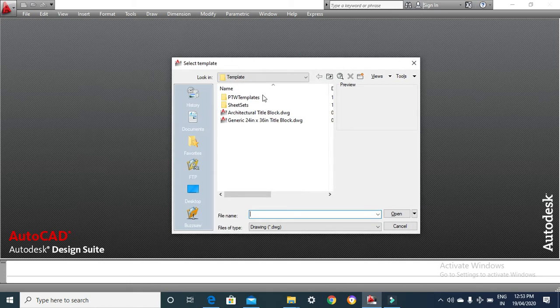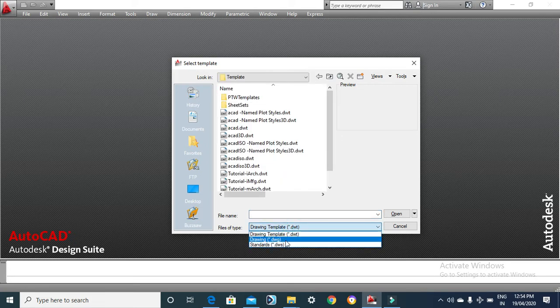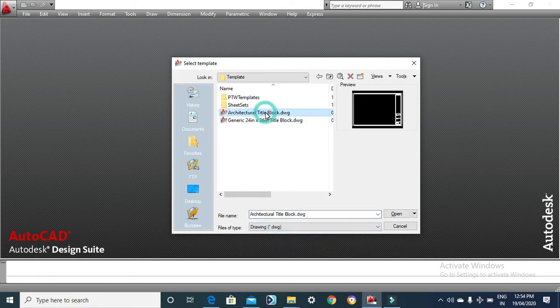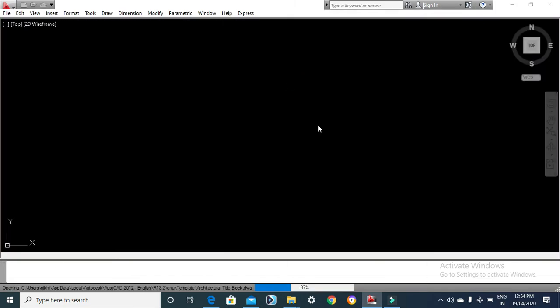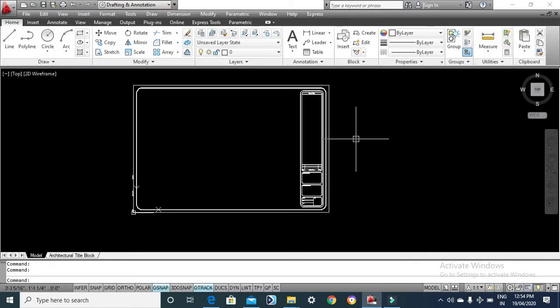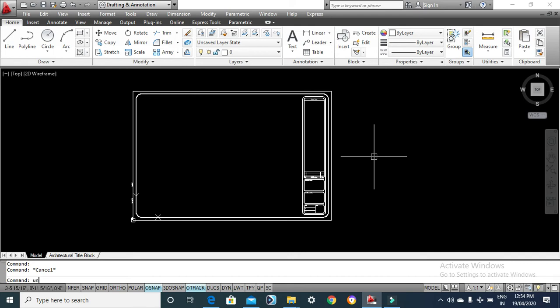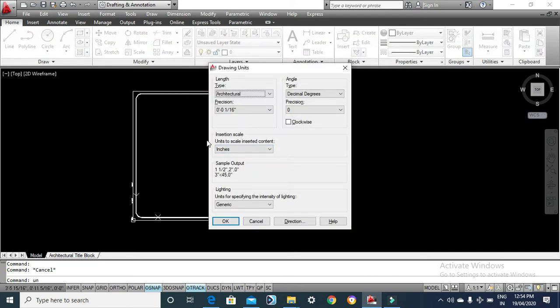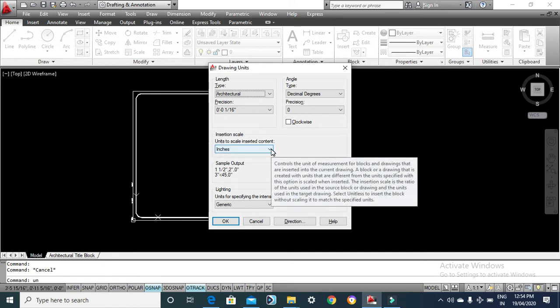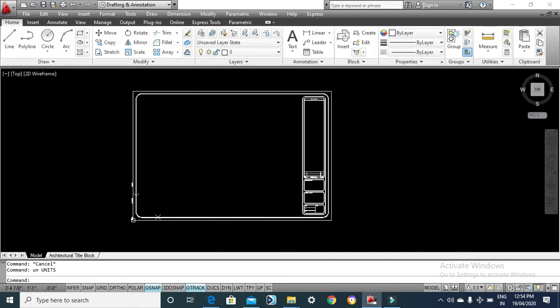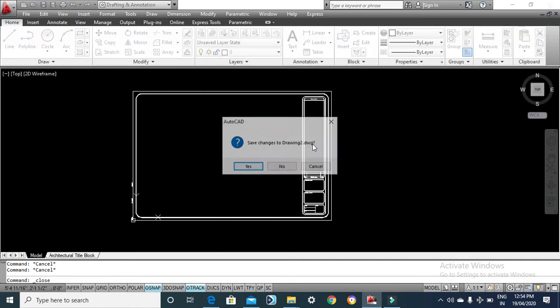So we will go here and see. When we go to New, it asks to select a template. Upon selecting DWG, it will ask for a template. Now when I select the architecture block, right click and open, in the model tab this template, or this pre-made sheet, appears. Most people say it's an architect sheet, but one thing you will have noticed, friends, when you type UN, by default the insertion scale units are inches. Okay, say okay. Now delete or cancel this file.